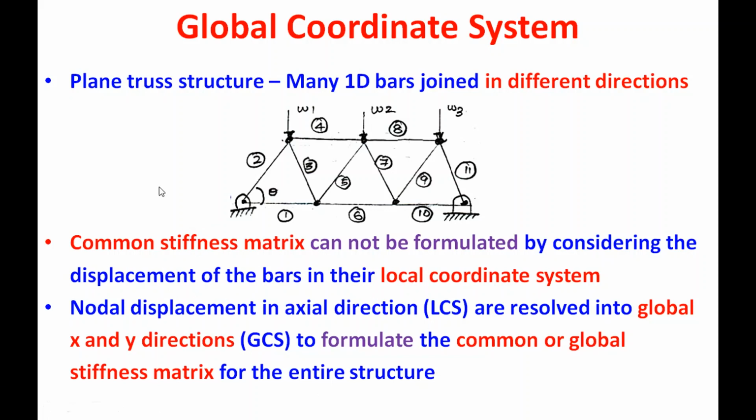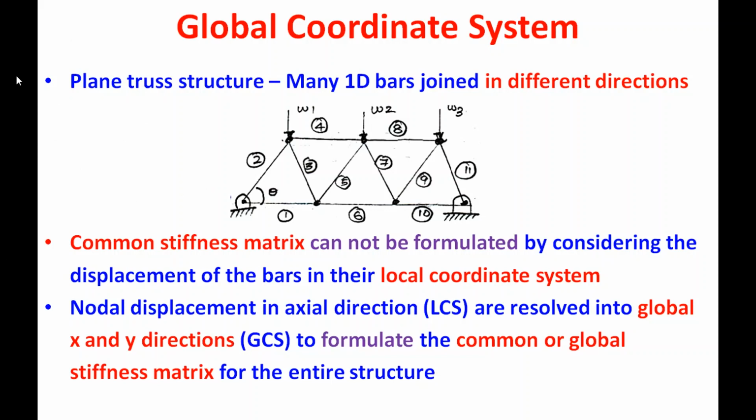We are going to denote all the nodes present in the truss by using global coordinates x and y. Then we will have the displacement along the x and y directions. Displacement along the x direction is u, displacement along the y direction is v. By using those degrees of freedom, we are going to frame the element characteristic equation. So this is the important change we are going to make to use this line element to solve the truss problem.